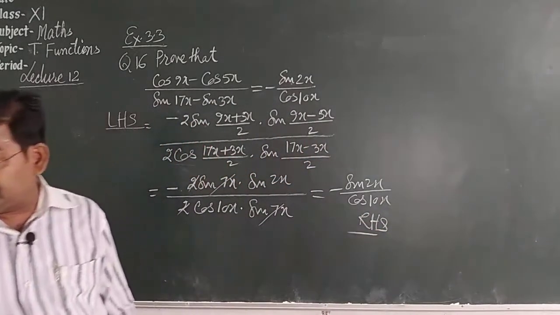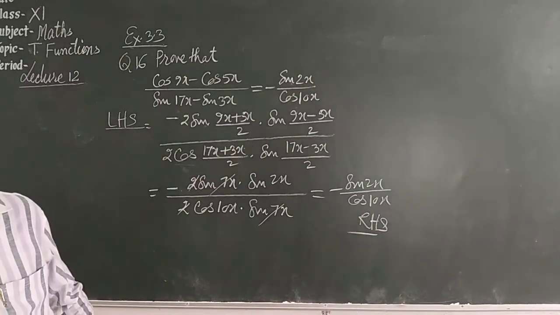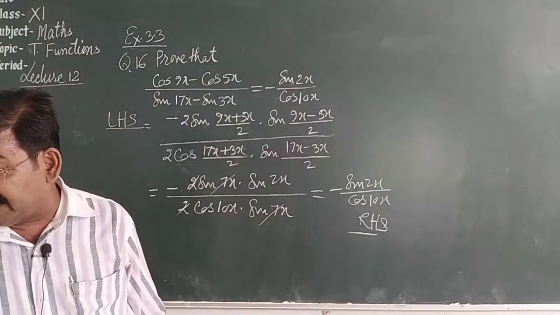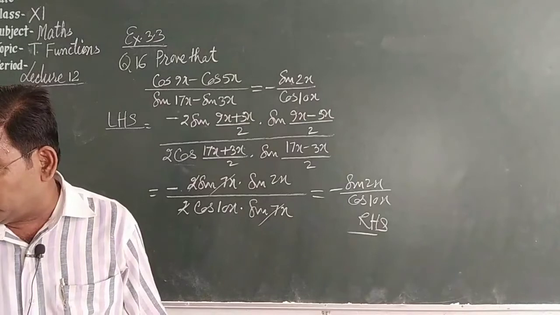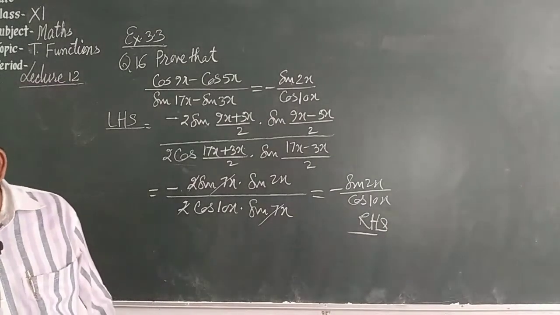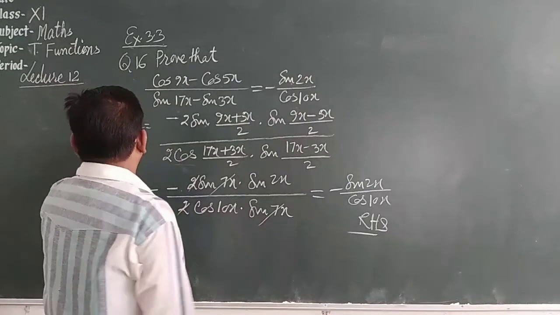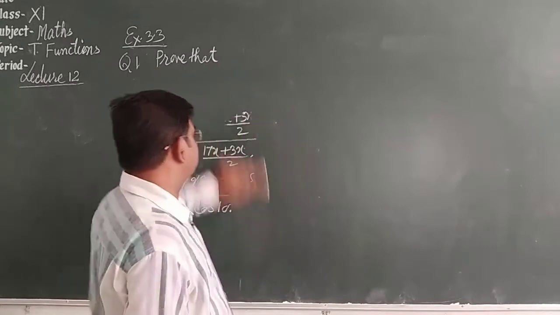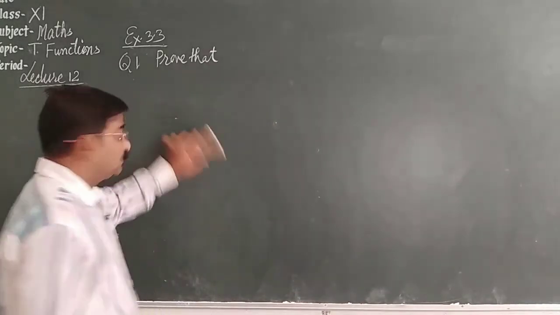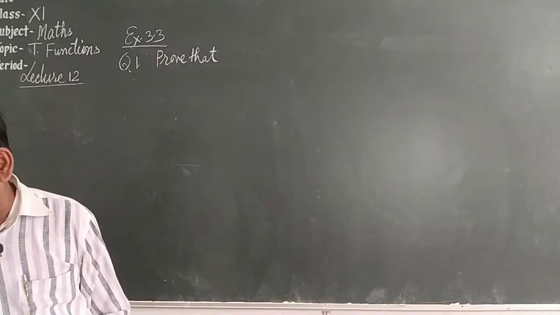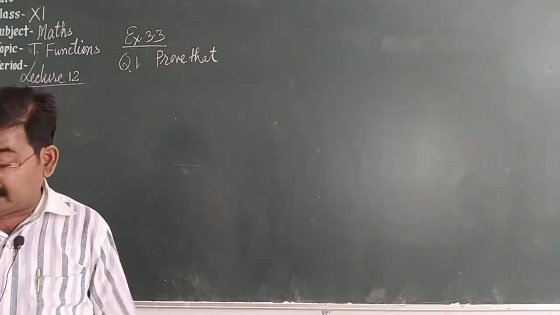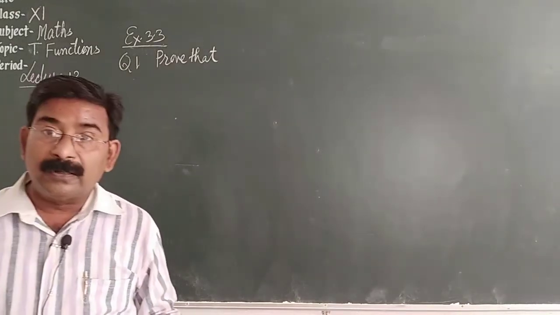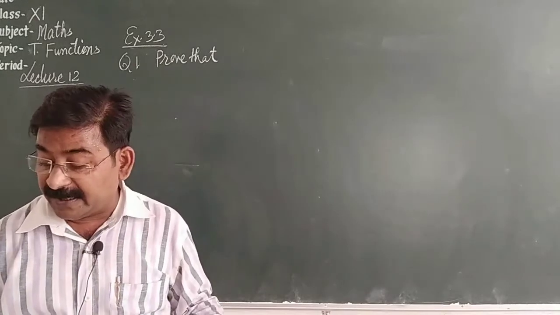So very simple question. Question number 17, I am leaving for you. Simply you have to use the formula of sin a plus b in numerator, cos a plus b in denominator. You can get the result. So you have to do question number 17 yourself. Question number 18 is also for you. In question number 18, sin (x minus y) upon cos (x plus y). So you can apply the formula of sin x minus y in numerator and cos x plus y in denominator, and some portion will be cancelled, and whatever is left, that will be your result.